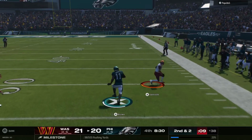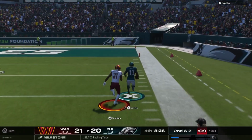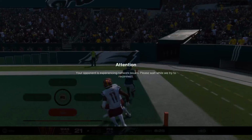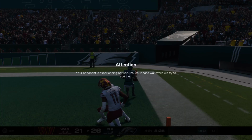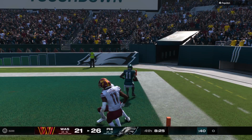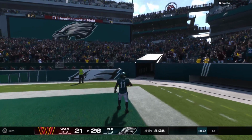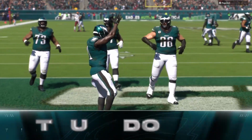Hurts delivers it quick to Brown. Down the right sideline. And he will go all the way. A.J. Brown. Touchdown, Eagles. What a game this has been. Back and forth we go, and that fourth